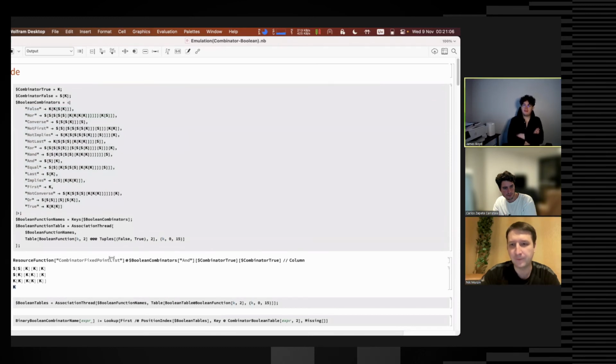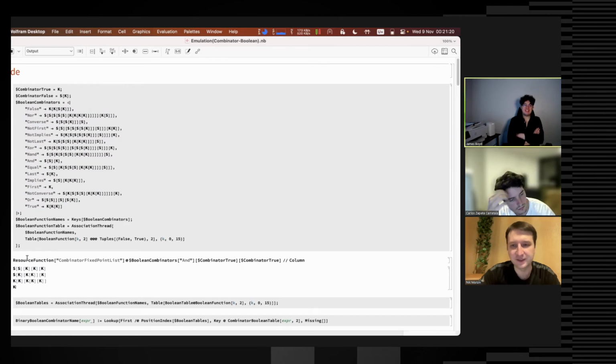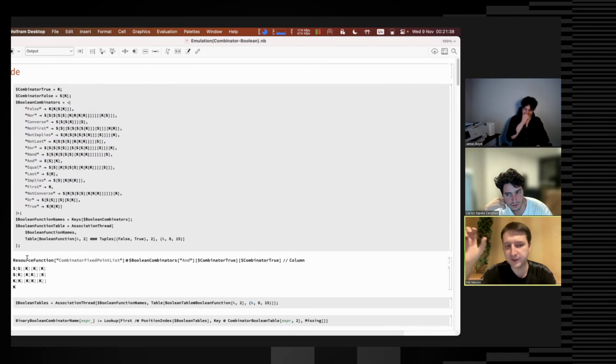Even if they're different Boolean functions, you're not distinguishing them by Boolean functions. No, there's one. As soon as you apply it to the arguments, and it has a normal form of true, it's true, right? So you're saying it's just any list of S's and K's that evaluates to true. These are all in the same equivalence class. They're all just mapping to true in the end. Yeah. So if you're looking for a motif and it doesn't relate to true and false, it makes sense to search for something like not in this table. Right, we have to search for another equivalence class.